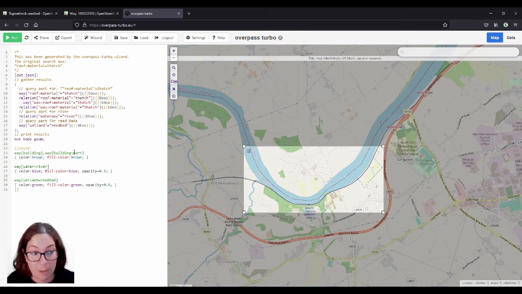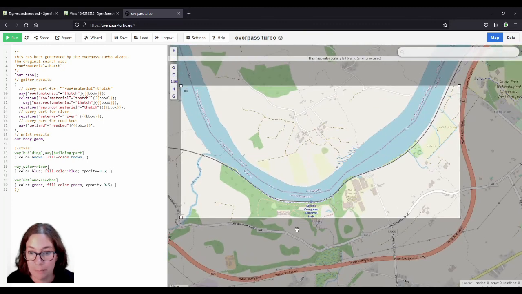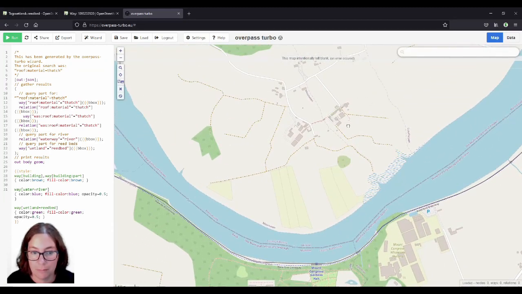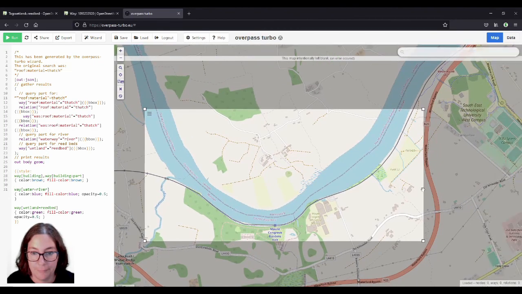The buildings are going to be brown, the rivers blue, and the reed beds green. And I'll hit run. I'll zoom in a little bit more. Move this over. Like that. Fingers crossed.